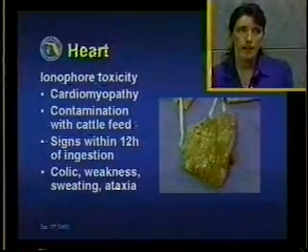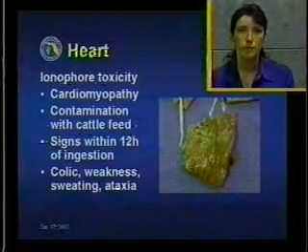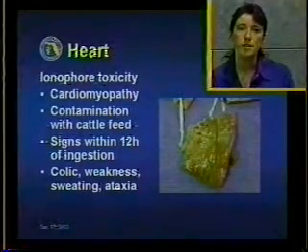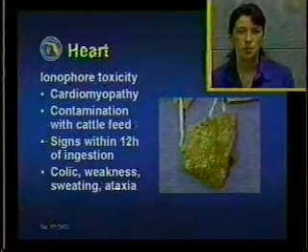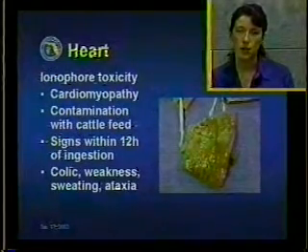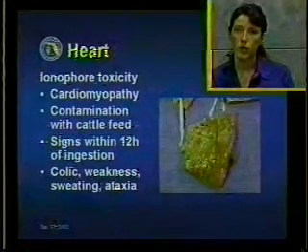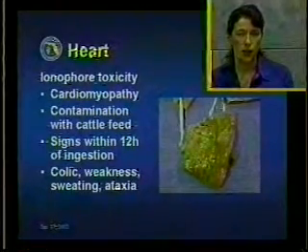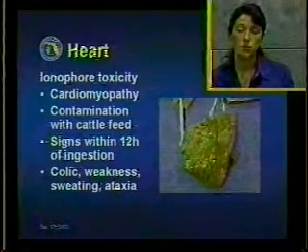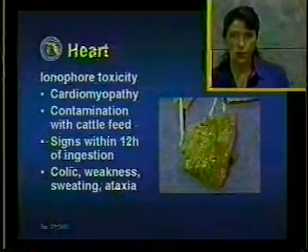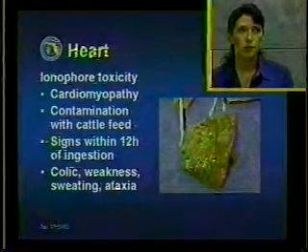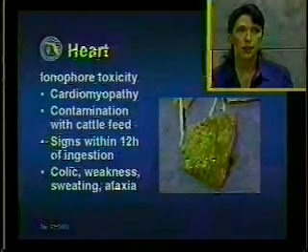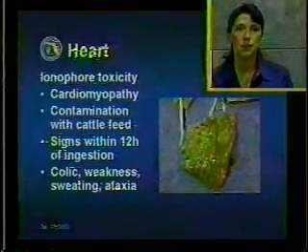Another condition that can affect horses is ionophore toxicity. Ionophores are used as supplements in cattle feed. So when you're dealing with a mill that processes cattle feed as well as horse feed, in some cases spillage can occur where the horses' feed is contaminated with ionophores that are used for cattle. And horses are particularly susceptible to ionophores, which can cause various clinical signs, including diarrhea, colic, sweating, ataxia, and overall weakness. But these